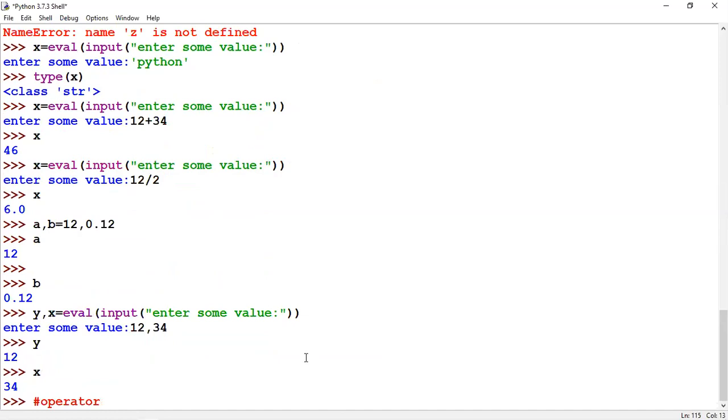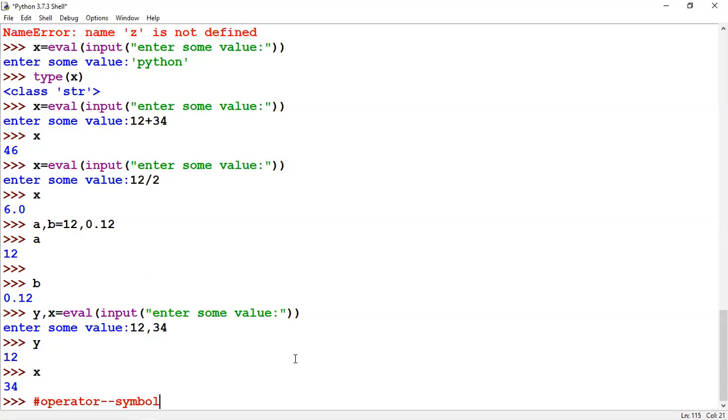Yes, it is going to perform some operation, like the arithmetic functions: addition, subtraction, multiplication. So operator means symbol. It may be any kind of symbol, as you guys told.